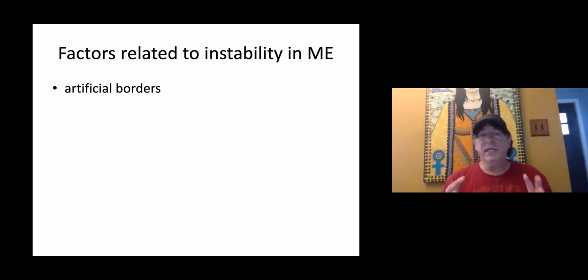the borders. The states that were formed in the Middle East, for the most part, were carved out of the Ottoman Empire, which eventually transformed into the modern-day Turkish state. But Turkey once controlled much of the Balkans, much of what we call the Middle East, North Africa, even at one point up into Spain, the Moors who controlled Spain for a time. So the Ottoman Empire was one of the major empires in world history,